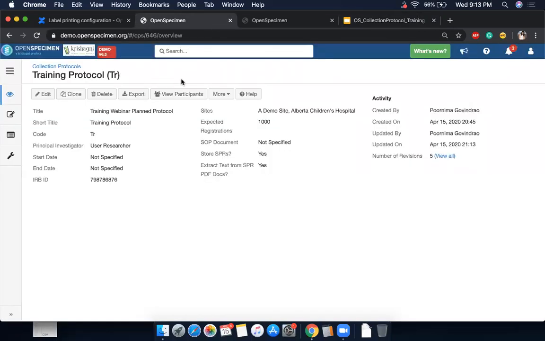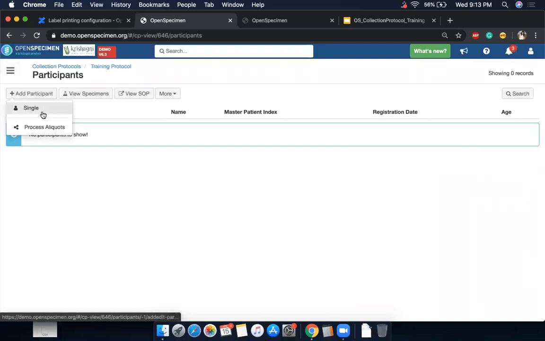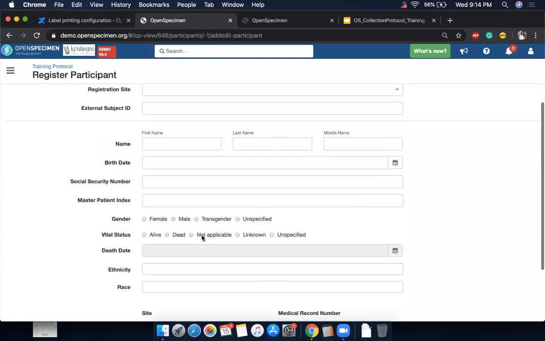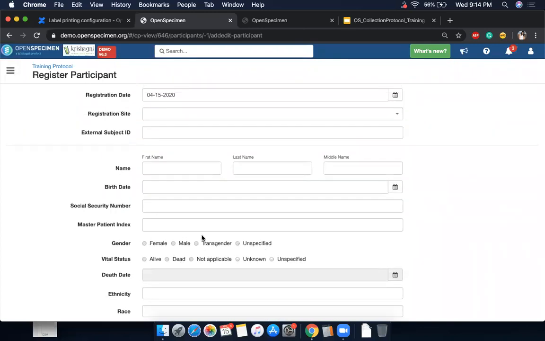We will be covering data entry in more detail in another session, but just to show you how the data entry looks like for our training protocol, I'll go into the participants list and click on single participant to create a new participant. By default, these are the demographic details that you will see when you create a collection protocol registration.